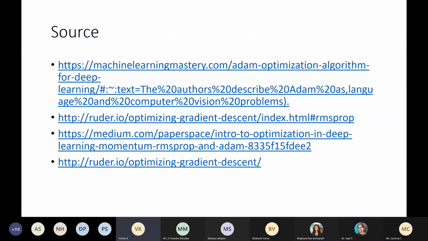Ma'am, you told that SGD has a steep region, no, ma'am? No, not SGD has a steep region. Our cost function curve has a steep region, so SGD has trouble traveling that steep region. Why trouble traveling that steep region? Because when the weight updation becomes more, sometimes it may miss the local minimum. So it will be slowly traveling that region, because the steps it takes, the weight updation, will become slower at that region. So these things help to accelerate that without missing the minimum point. Okay, do you understand?